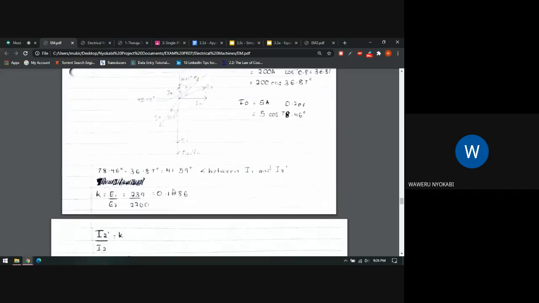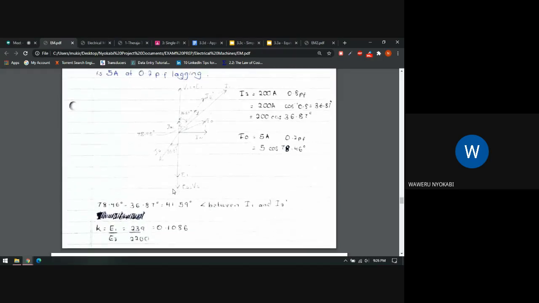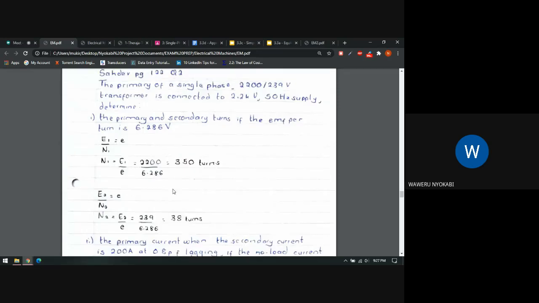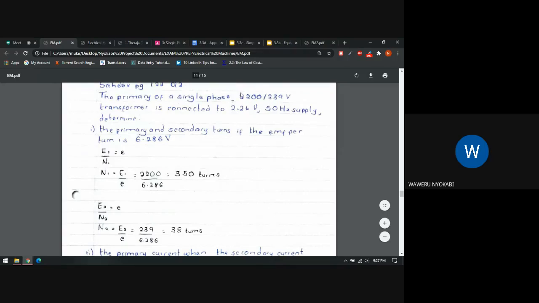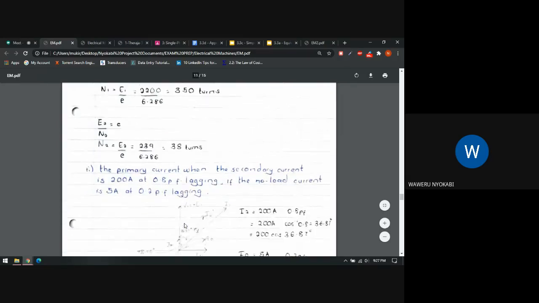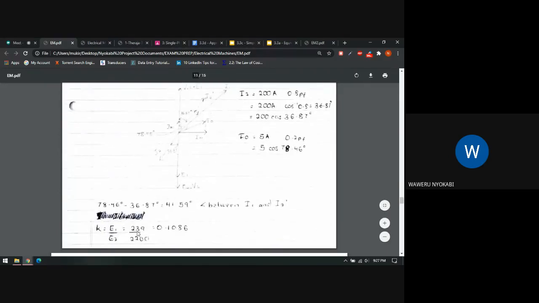Okay, let's just continue. So turns ratio is usually E2 over E1. I know I've written there E1 over E2, although this is E2, this is E1. I'm so sorry, I didn't see that, but the values themselves are correct. This is actually what E2 is, but I wrote E1 here, sorry. So it's usually E2 over E1. This was our E2, so E1. So we have the turns ratio